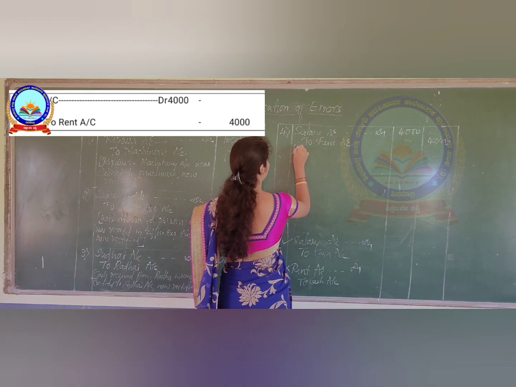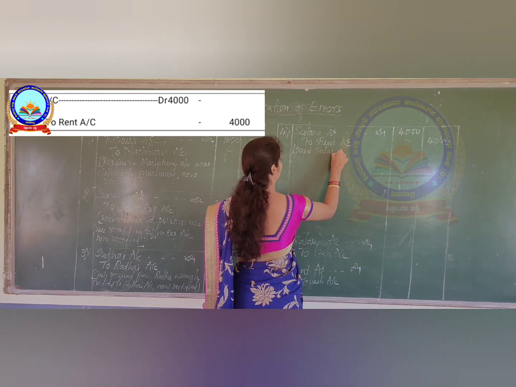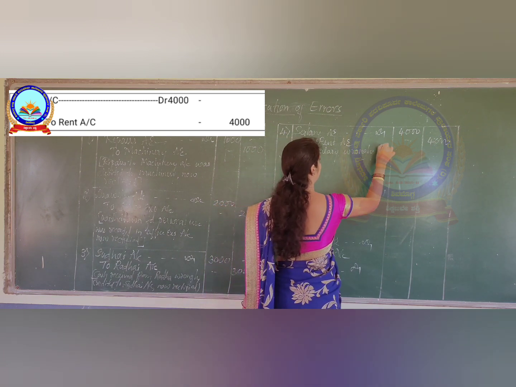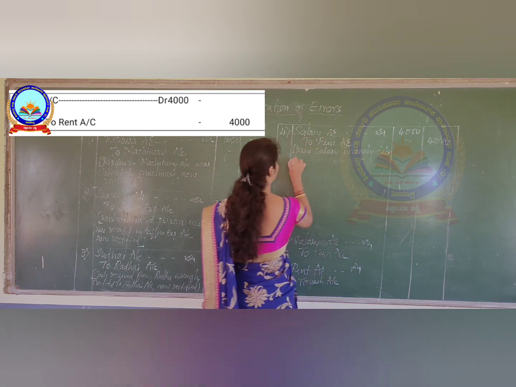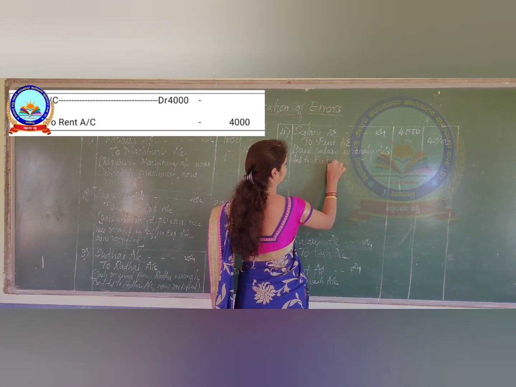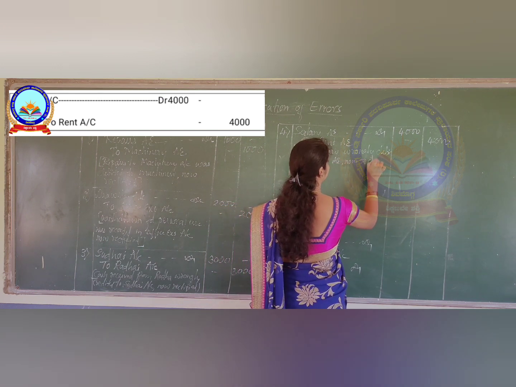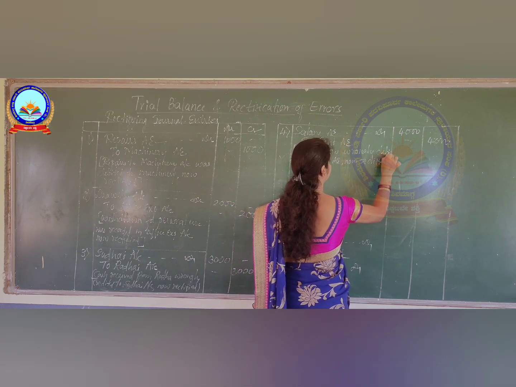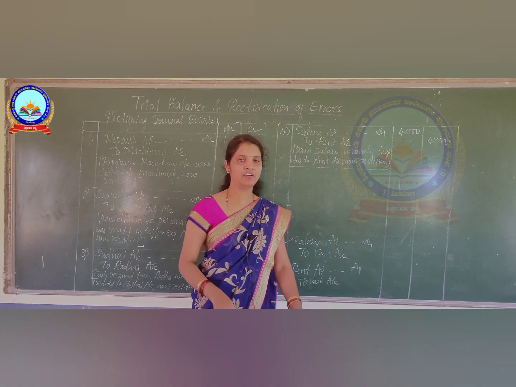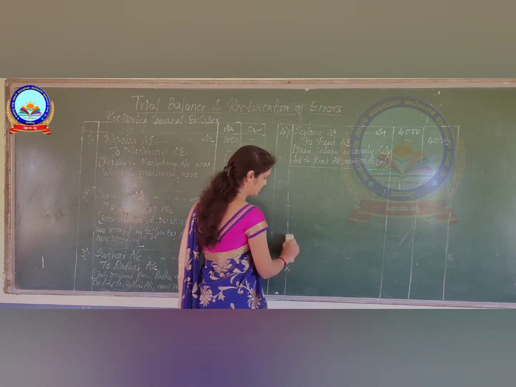Narration: paid salary wrongly debited to rent account, now rectified. This is the fourth rectification entry. Next one,